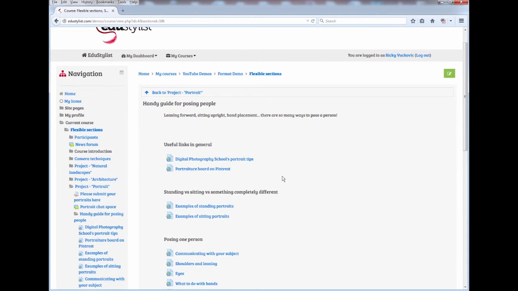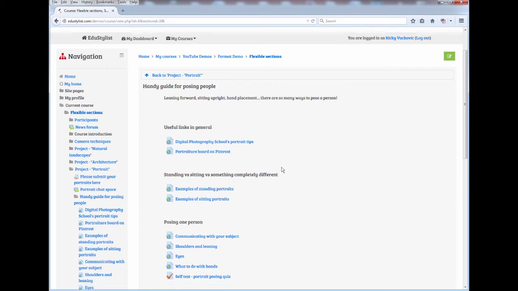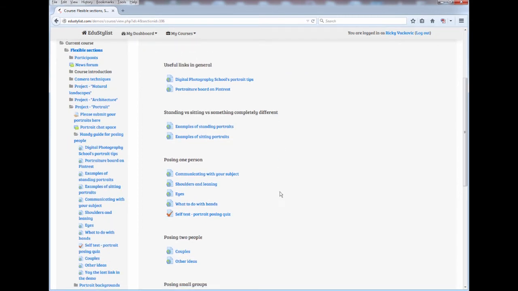And here's another subsection of the Portrait subsection. And I imagine you can see where this is going now. We are able to create as many sections inside of sections as we like. We're basically creating multi-layered subpages. And the difference between this and, say, the